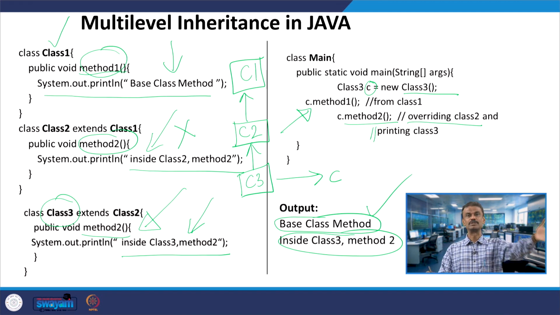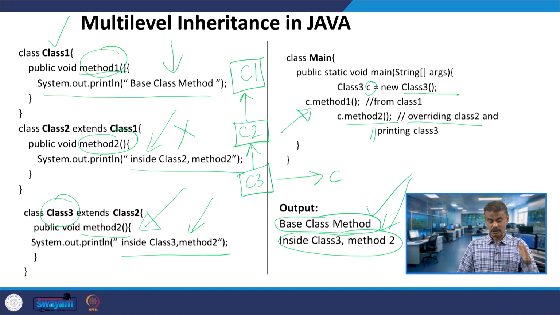If you use the same in C++, you call this function overriding. It is overriding class 2, invoking class 3's method 2, and printing inside class 3, method 2. So this is being printed.